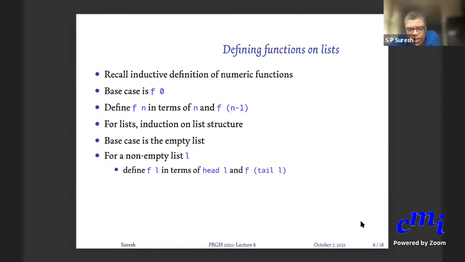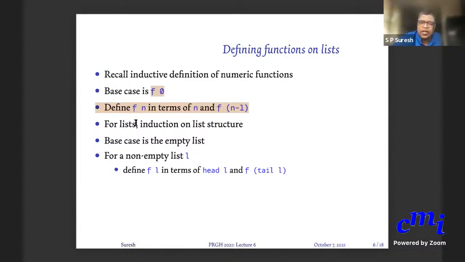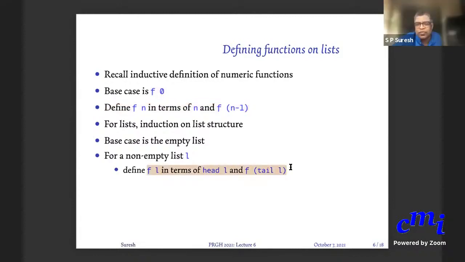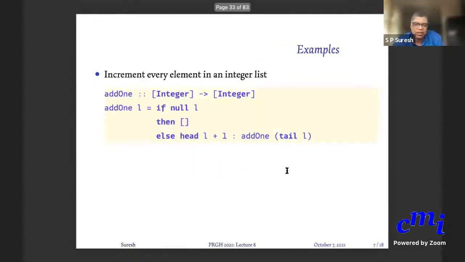And yes, what was the question? I didn't understand what you meant by it doesn't act on numbers, like the numbers in the list, but on the list. No, structure, not the numbers in the list. I just contrasted it with induction on numbers like we did last time. There, the inductive definition of f of n is in terms of n and f of n minus 1. Here, f of L is in terms of head of L and f of tail. Of course, if the list is a list of numbers, then you will use those numbers. Head of L could be a number itself. That is fine. I'm not saying about that.